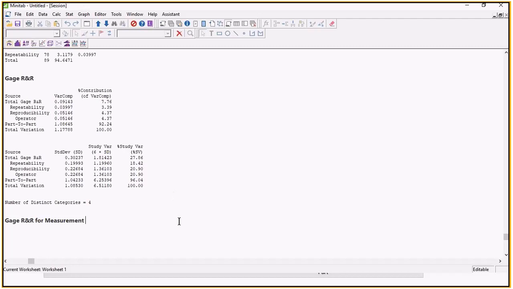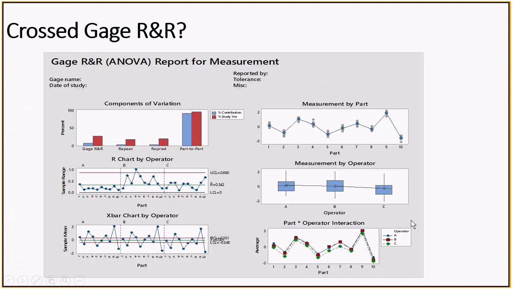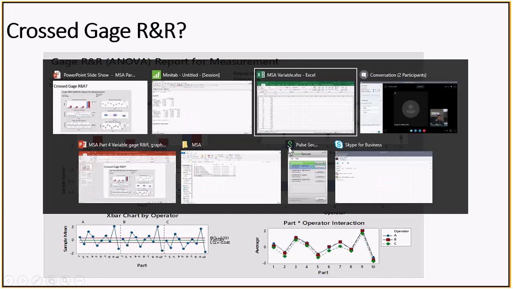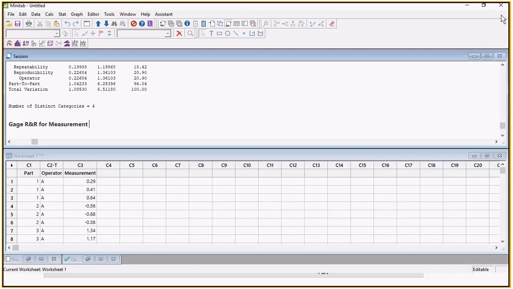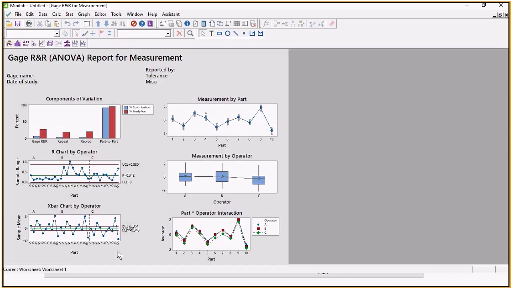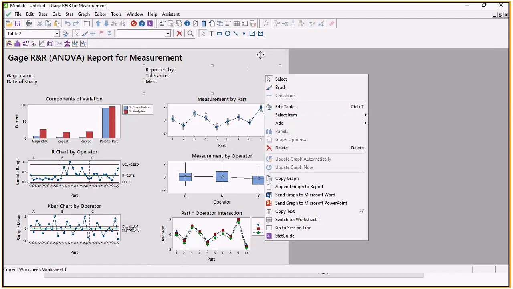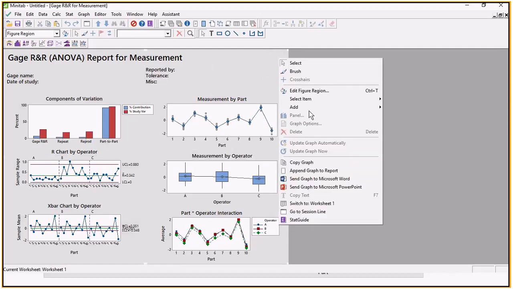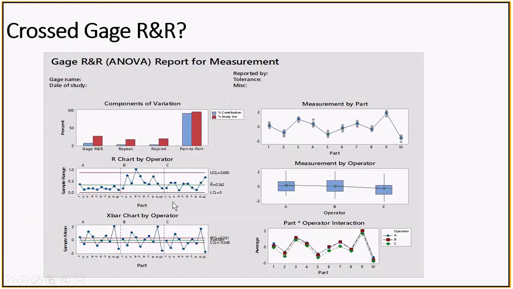Now this kind of conclusion you can do by looking at the numbers, okay? But today's session we are talking about this part, which is nothing but your graphs, okay? So if you see in your Minitab, you get the same graph, and I'm showing you the same graph for this, which we have done just now. Let me open it for you again. So these are the graphs, right? I just copied this graph from here, and how you can copy, just right click. So first you select all, right click, and you can just copy graph. And what I did, I just copied this graph and pasted it into here, so that we can discuss only the graph. I should not change again and again.